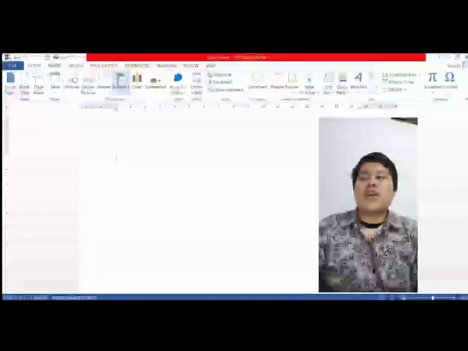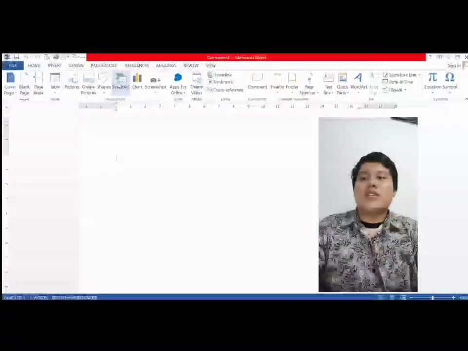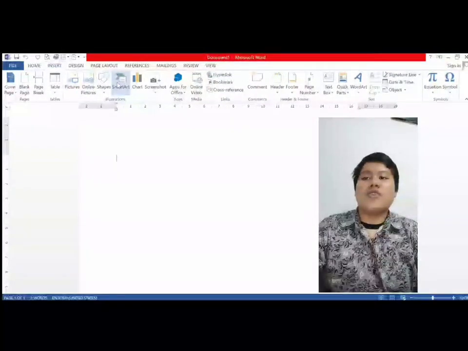SmartArt icon is the function to insert a SmartArt graphic to visually communicate information. Chart icon is the function that makes it easy to spot patterns and trends in your data by inserting a bar, area, or line chart.